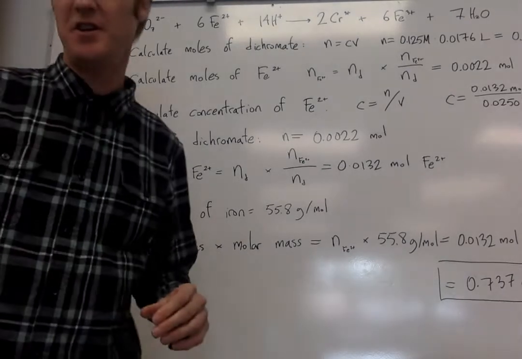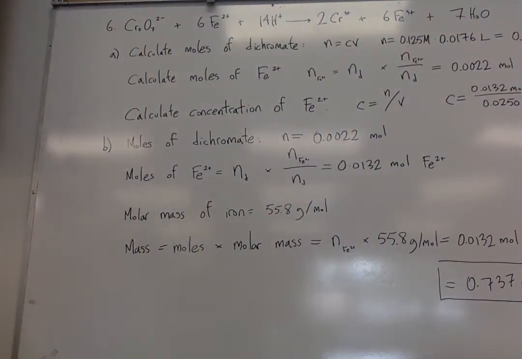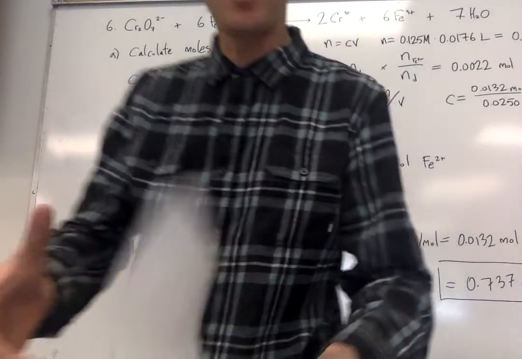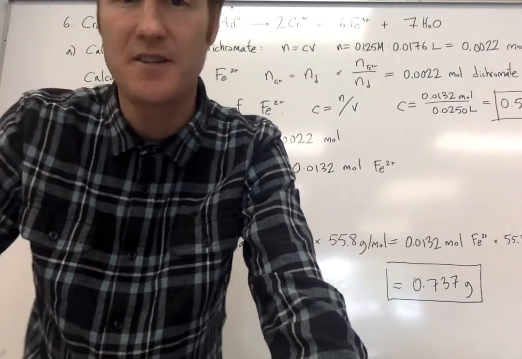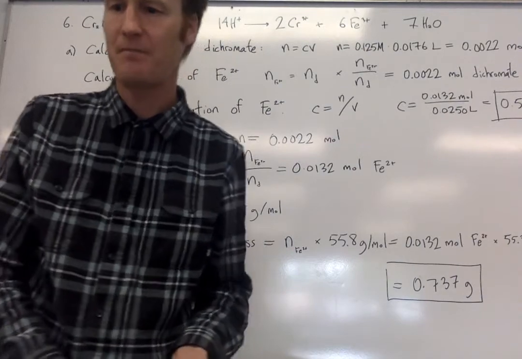So for this question here, my apologies. Question 6. The iron present in a sample of iron ore is converted to Fe2 plus and titrated